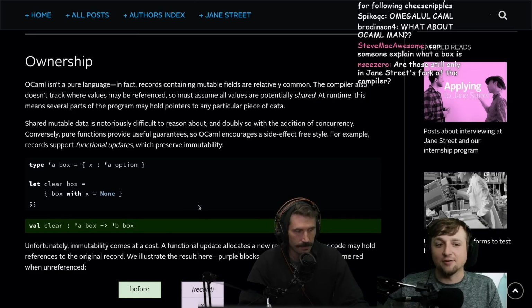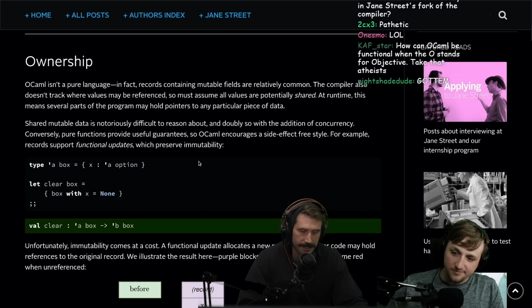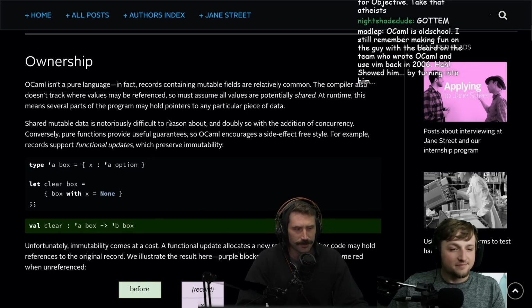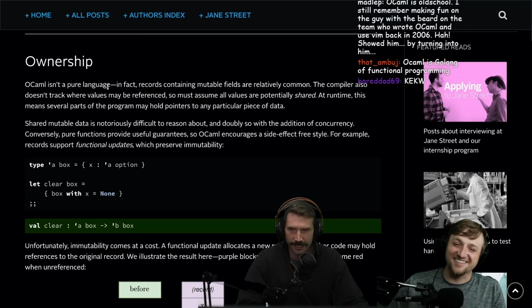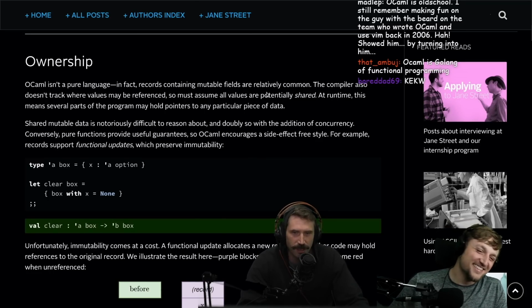I know that that's kind of frowned upon in the Haskell community. Yeah, it is. It truly is. It might even be frowned upon in the Rust community as well. I can't tell yet.